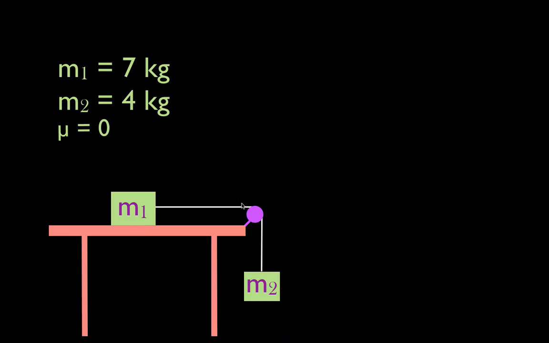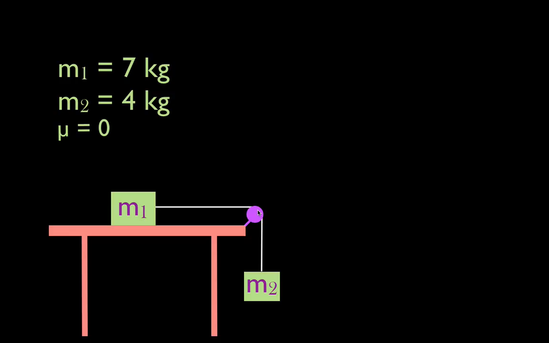We follow the string over the pulley down to m2. m2 has a mass of 4 kilograms. All right, these two masses are attached by this massless inelastic string. The massless, and you guessed it, inelastic string passes over, that's right, the massless frictionless pulley. Now all of that means that we can basically ignore the mass of the string and the friction energy loss